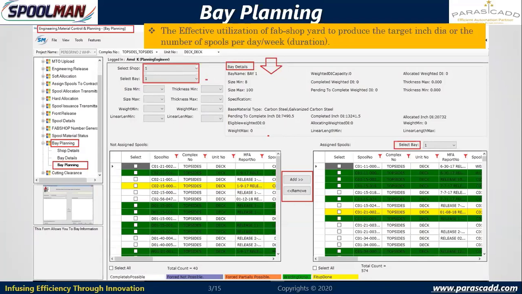So I may say that out of 10 bays available in 3 production shops, for 2 of the bays I'm not having any work front for the next 2 months. So I can use these bays for fabricating other spools, because they are going to be idle. I can mobilize some of the spools, like carbon steel spools, in this particular bay because the space is available. So all this workspace planning, where things should happen and in which bay it has to happen, can be planned, and the workspace can also be properly utilized. So we have these bay level planning concepts also available here.